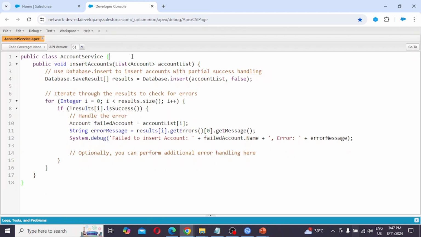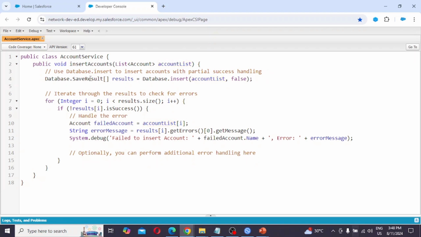To demonstrate the database methods, we are going to see this class, public class AccountService. Insert accounts: public void insertAccounts, List of Account. We are creating a variable accountList. Use Database.insert to insert accounts with partial success handling.